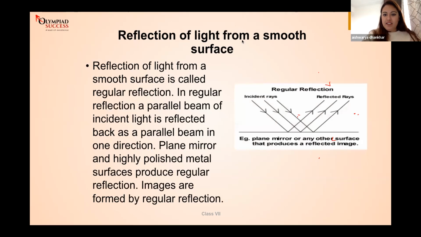All right. Okay, now let's have a look at this diagram. Whenever there is a point of incidence, the incident rays will always fall parallel to the reflective surface. Now the reflective surface, in this case, we are taking as the plane smooth mirror. We're not talking about lenses yet. So we are talking about the plane surface of the mirror. All the incident rays will fall parallel to the plane mirror, and get reflected back parallel to each